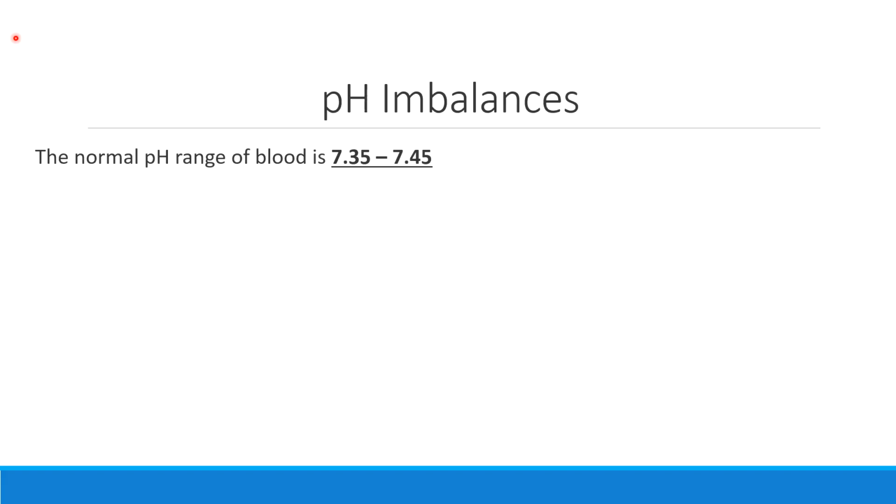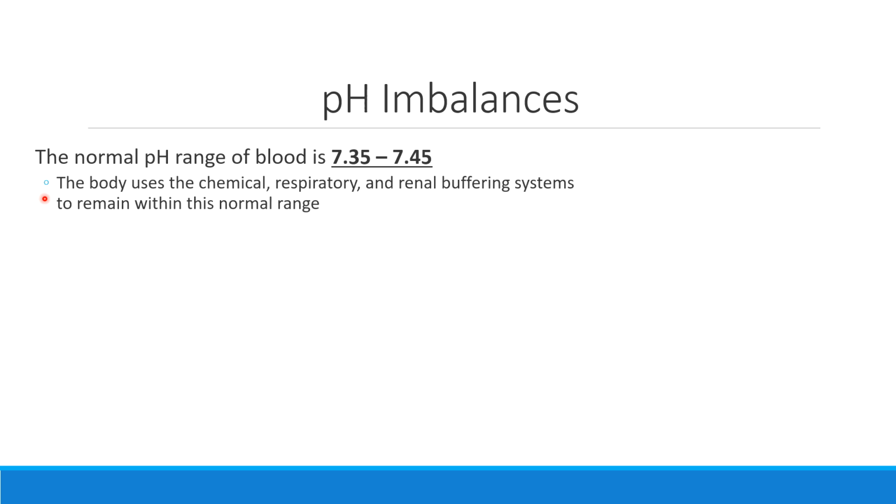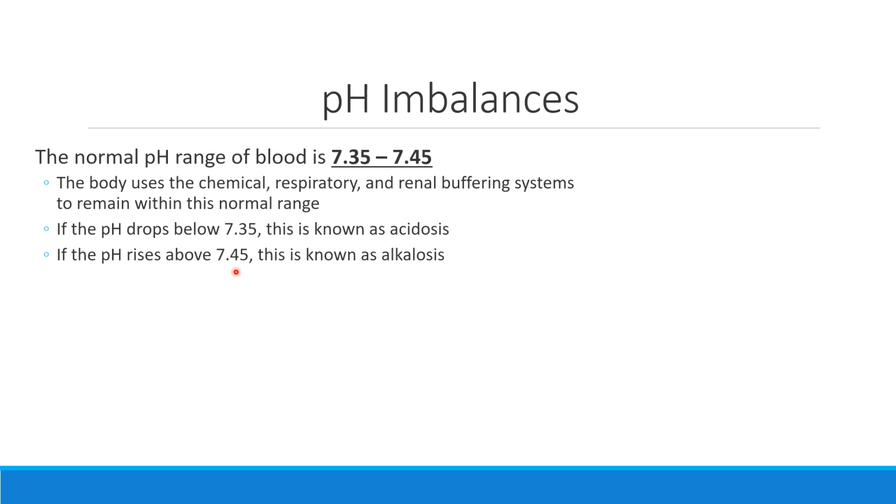Recall from our discussion about body fluids that the normal pH range in the body is 7.35 to 7.45. We've discussed how there are many different buffering systems that the body uses to stay within that range. That being said, if the pH drops below 7.35, in other words, it becomes more acidic, the body will enter a state called acidosis. And if that pH happens to rise above 7.45, the body is entering a condition called